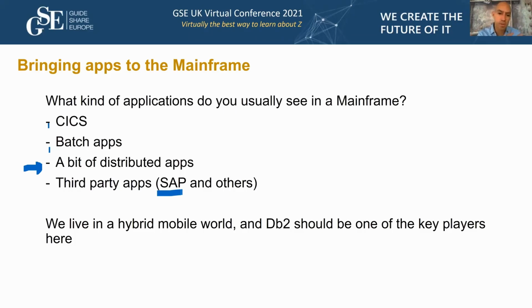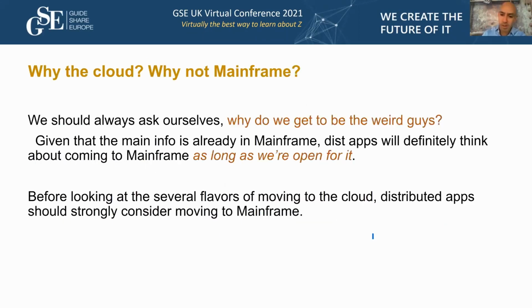Now, I am not one of those people who will come with the Gartner charts or some other kind of charts saying, okay, for the people working in telco and banks, this is the distribution of the workloads, this is how the environment is changing. No, no, no. I am not that kind of person. I'm only here to describe some of the gotchas and the lessons learned. So DB2 should always be in the scope. And why DB2 and why not the cloud if everybody is talking about it?